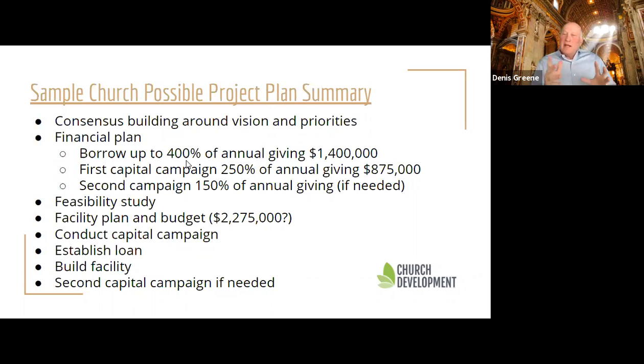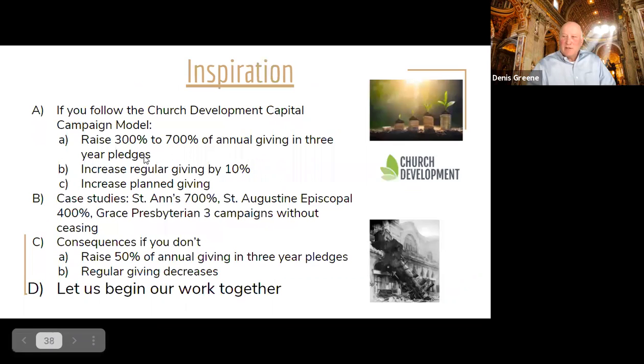A lot of that information is in there, but it goes back to the Jennifer phenomenon, where the people are engaged and consensus is happening, where our sights are lifted from our moribund ways and we become more generous. All right, I know we're approaching the conclusion of our time together, so let me flip ahead. Just in general, if you follow the capital campaign model of church development, which is based on prayer and not pressure, it's engagement, it's a lot of fun, it's a very social activity, it's a lot of busyness over the course of four or five months, but it's really very fun.